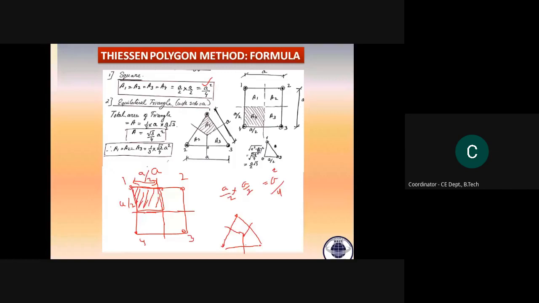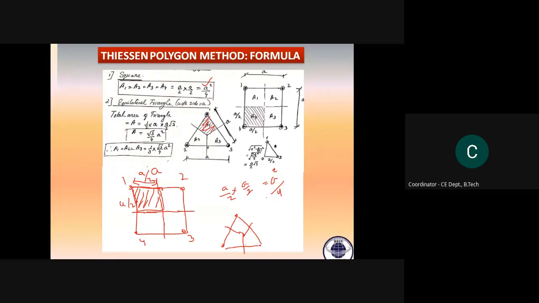Now the A1 will be this area. How will we find A1? Anyone? How can we find this area? Simple. If we find the total area, we can say that this is an isosceles triangle, so A1 equals A2 equals A3. Can we say that? Yes, ma'am. So if we find the total area and divide it by 3, we can get each area, right? Now what is the total area?